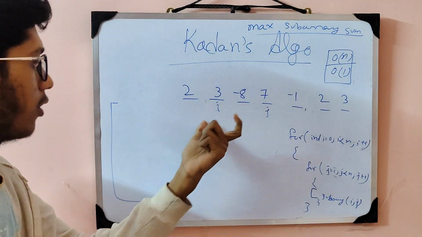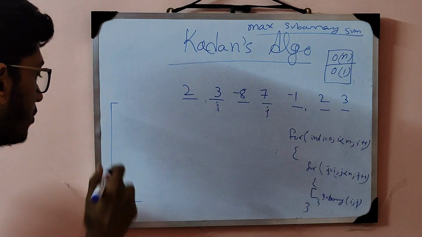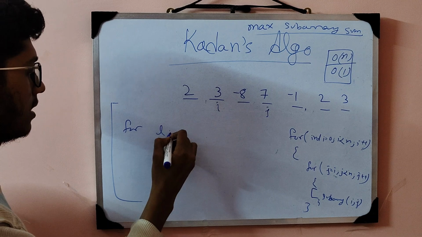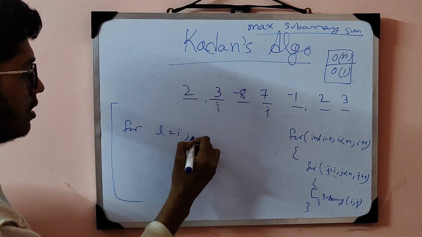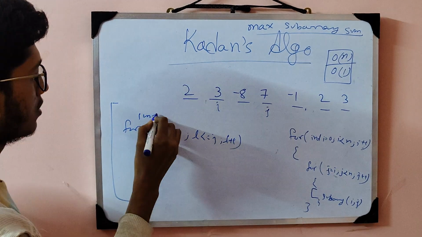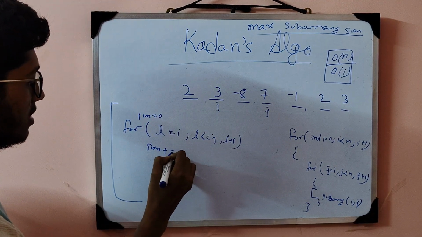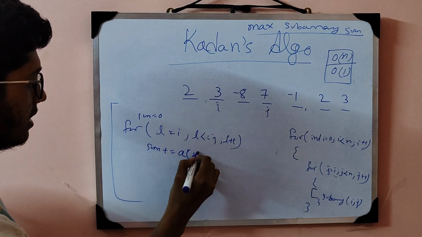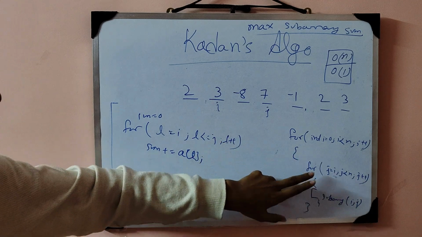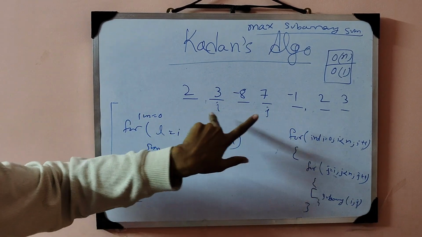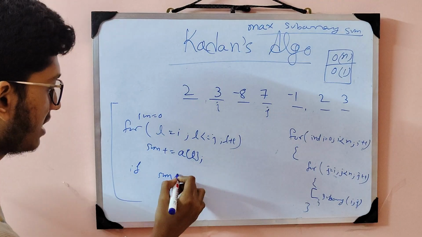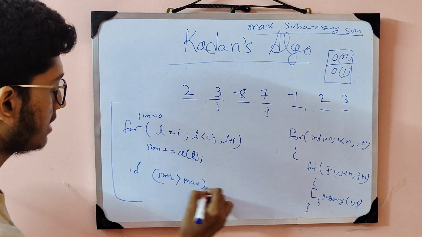You need to again run a for loop from I to j, from the starting point to the ending point. For suppose L is equals to I, L is lesser than equals to j, L plus plus, sum is equals to 0. Let's take the sum of array of L, sorry. Now we are getting every subarray, and for every subarray we are calculating the sum. And if after calculating the sum, my sum is greater than the max, then just update